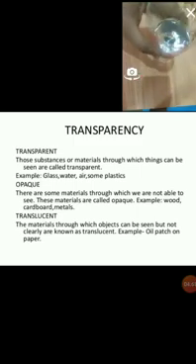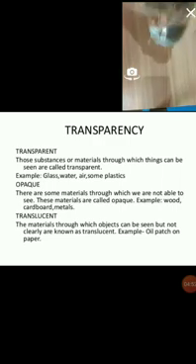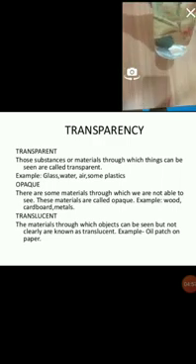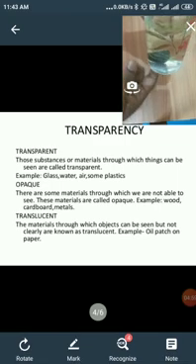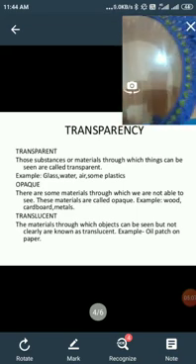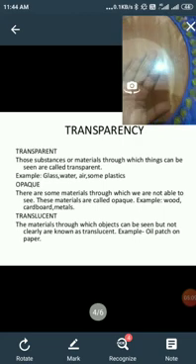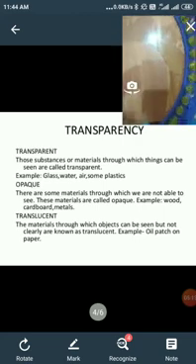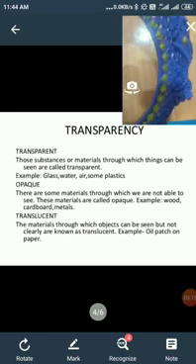And through this glass also you are able to see, so this is also a transparent object. I can show you another transparent object, this glass. Are you able to see my hand at the bottom through this glass? Yes, this is also a transparent object.